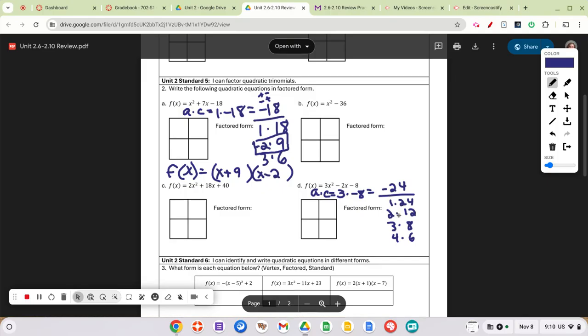So I've got to find one that's got like 2 away from each other, so this one will be good. I've got to have negative 2 left over once we finish this, so I'm going to put a negative on the 6 so that it's bigger, and there will be positive 4x and negative 6x. Okay, so we're going to go like this and write down,